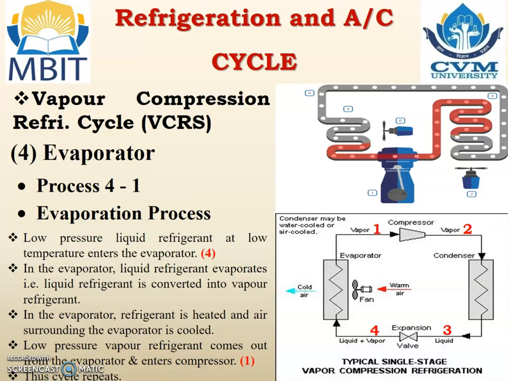in each component. Now from this, it is important to identify which component will be inside the room, because we want the cold air, the cool air. Whether the condenser will be inside the room or whether the evaporator will be inside the room. Yes, you are right. The evaporator will be inside the room and the condenser will be outside the room. And you must have observed, if you are walking through the below or behind portion of the AC, you will observe the hot air. That is the condenser.